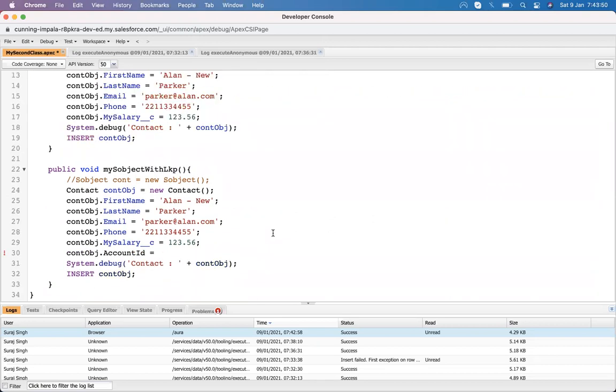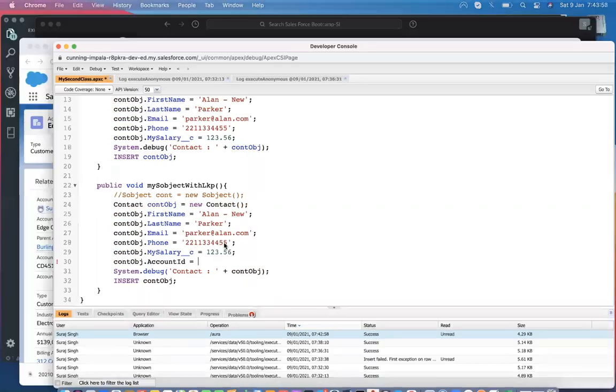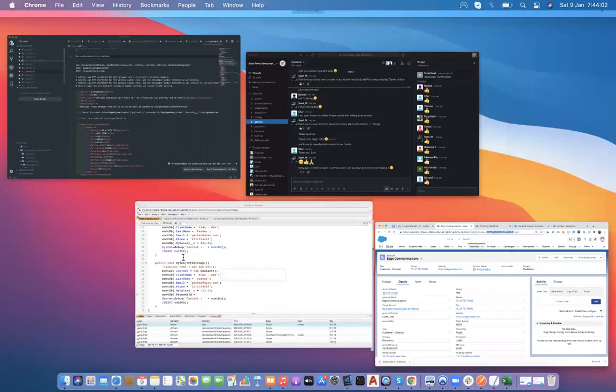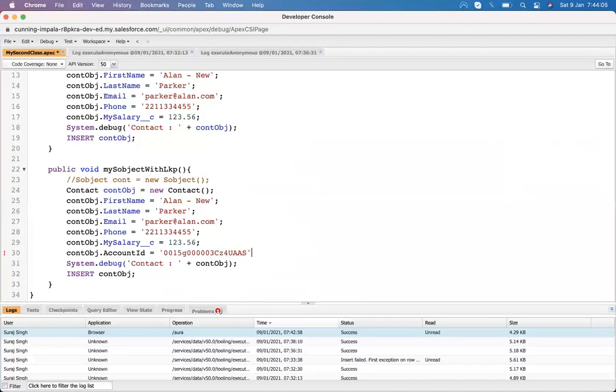So here I need the ID. How do I get the ID? I just come up here and copy this ID and paste it here.